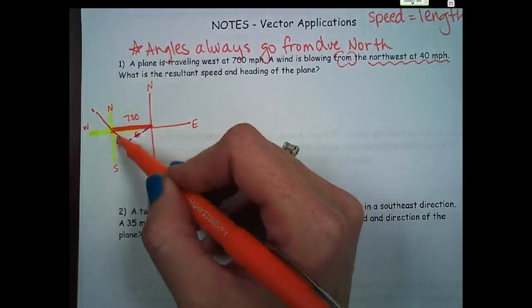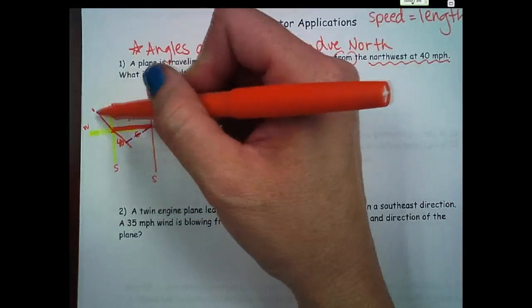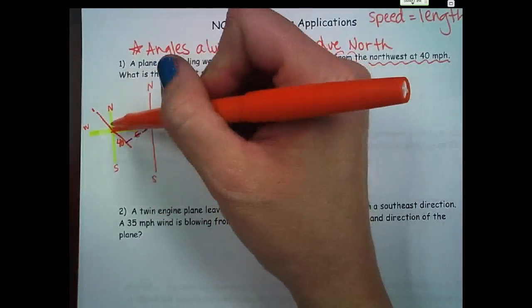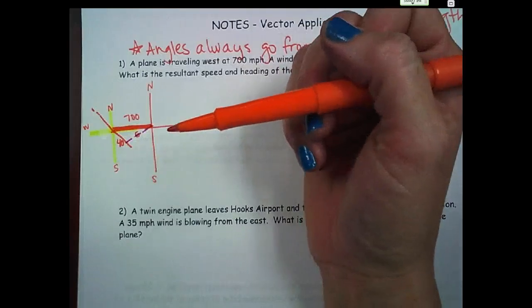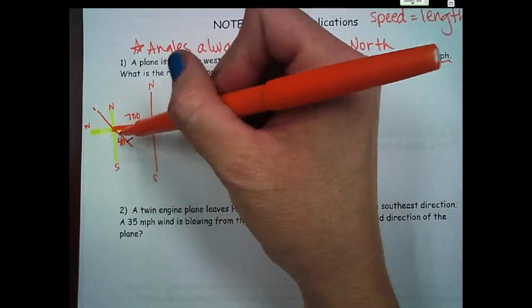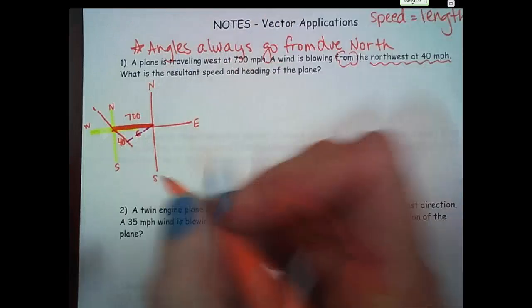What would this angle right here be, guys? If you've got a wind and it cuts northwest, what do you think the angle from here to here is? Don't make it more complicated, just by glancing at it. What angle is that? Because I'm gonna need an angle. 45. I heard it. 45. So this angle is 45,